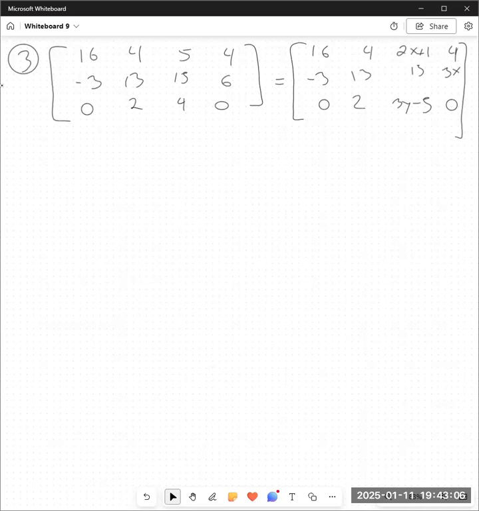So in order for two matrices to be equal to each other, every single element,